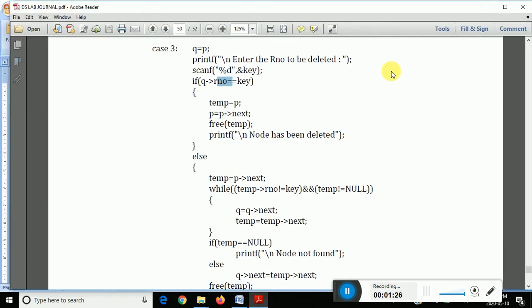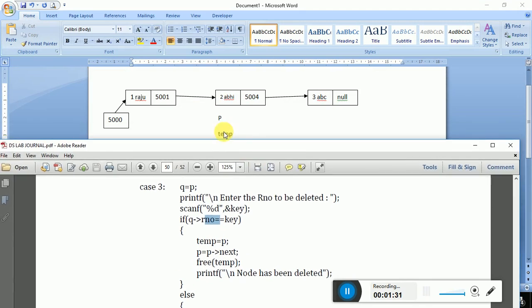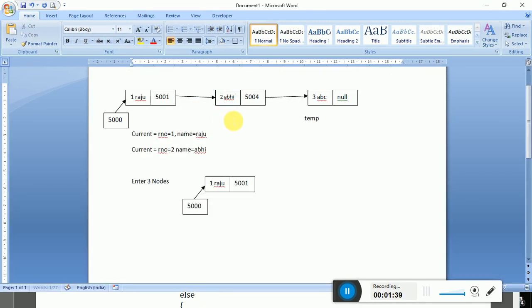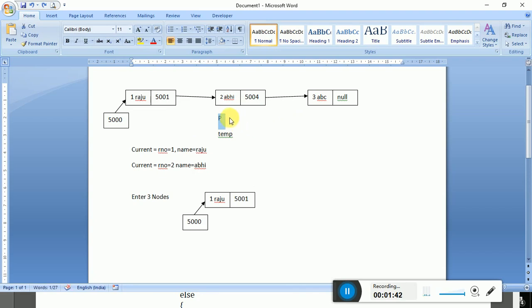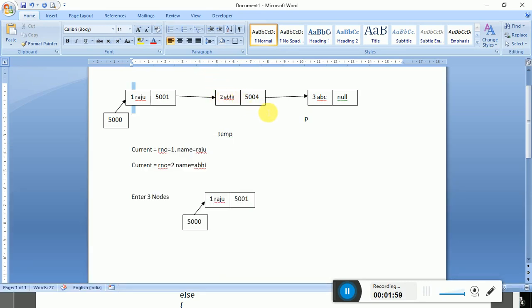See here, it will assign temp equals p, then p equals p next, meaning p will move to the next node. After moving p here, it will delete the temp, meaning this portion will be deleted.